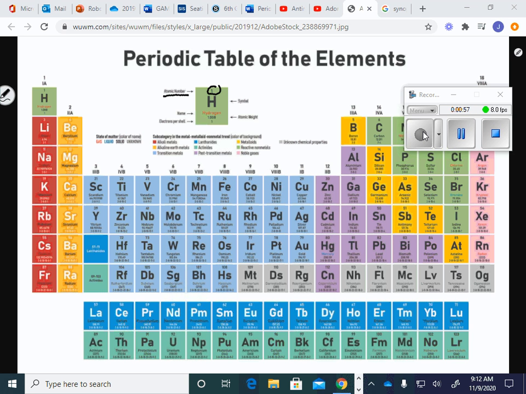The other thing the atomic number tells us is how many protons the element has. And so protons are one of the particles that makes an atom. They're found in the center of the nucleus. And so if our atomic number of hydrogen is 1, that means we also have 1 proton for hydrogen. So that's atomic number. The next thing, the symbol,